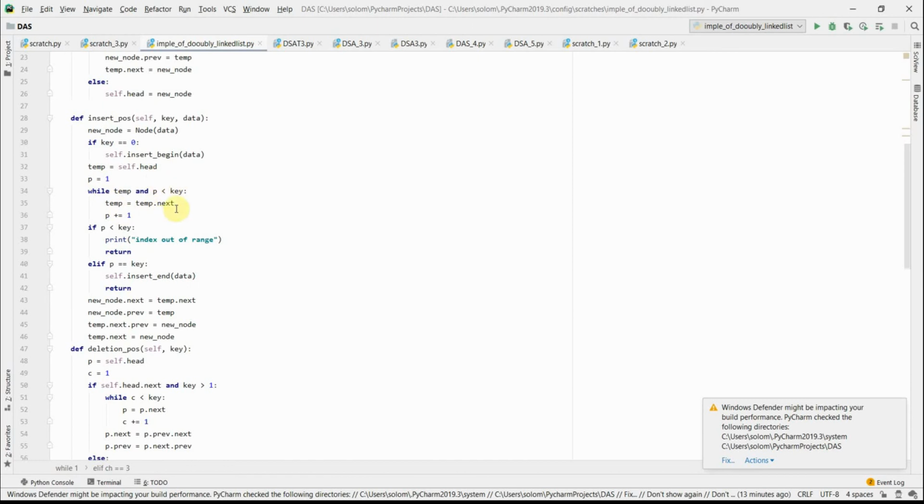So we are checking a condition here. The value p is 1, and p should be less than key. What is the key? Key is 0. So this condition fails, and it comes out to the else part, because p is 1 and key is 0. So 0 is not greater than p. So if p is less than key, then